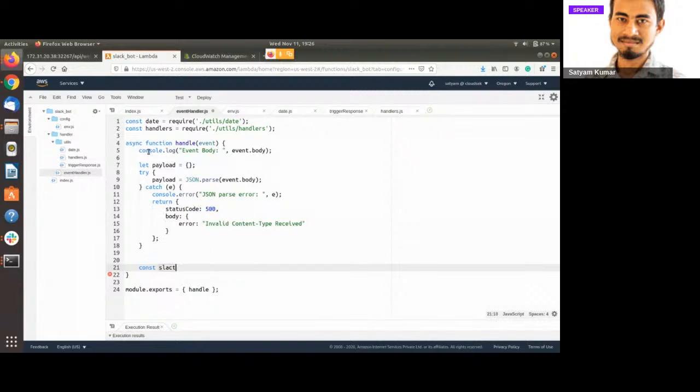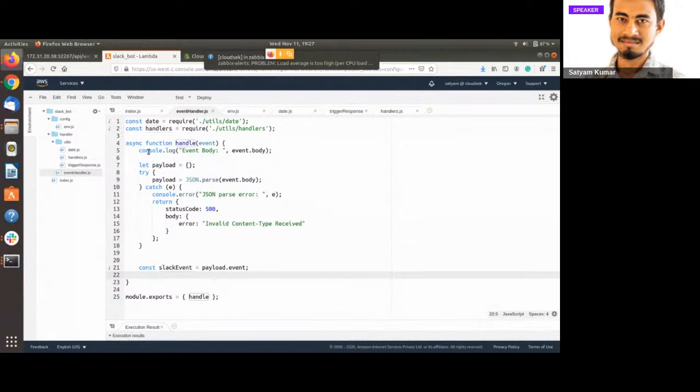So we are going to extract the Slack event, that is event.body.event. Now we have extracted the payload in the payload variable, so we are going to use payload.event here. Now we have got the Slack event which has been sent to us.